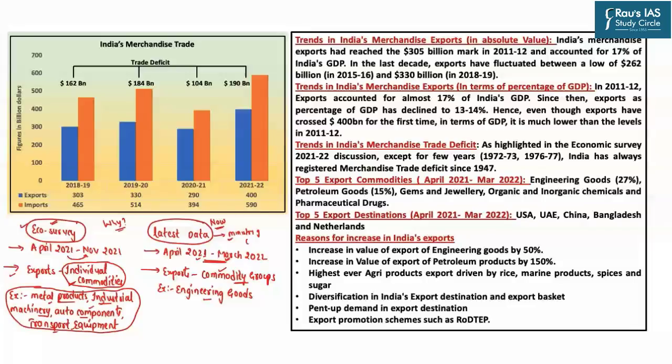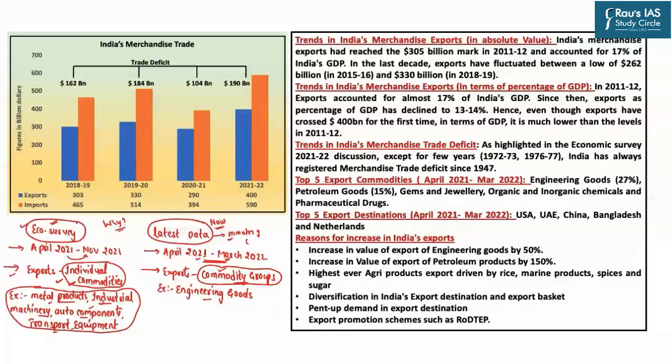So please remember this, that the economic survey presents the data for exports and imports in terms of individual commodities, whereas the Ministry of Commerce and Industry in its latest data has provided the details of exports and imports in terms of commodity groups. So the individual commodities which are closely related to each other are grouped under the commodity group and then the data is presented. So keeping this in mind, let us now look into the important trends related to India's